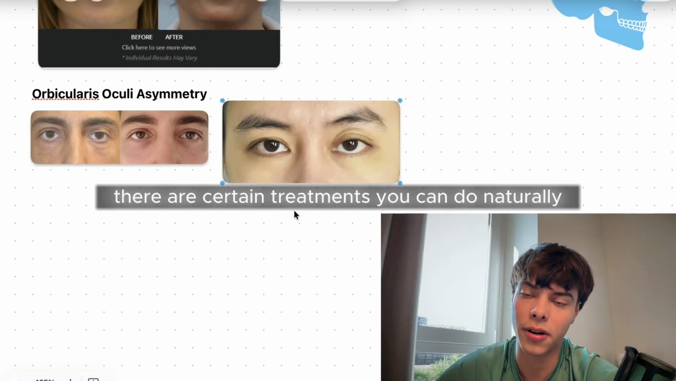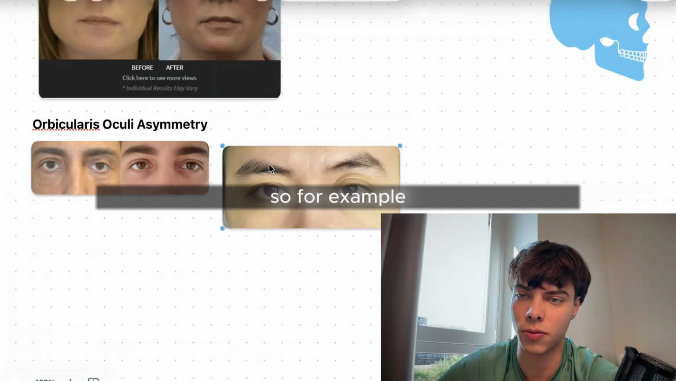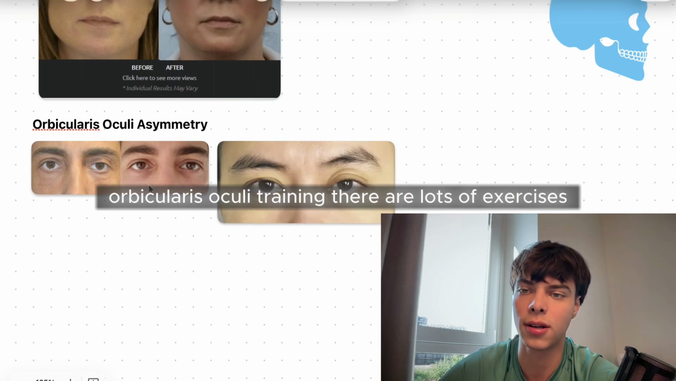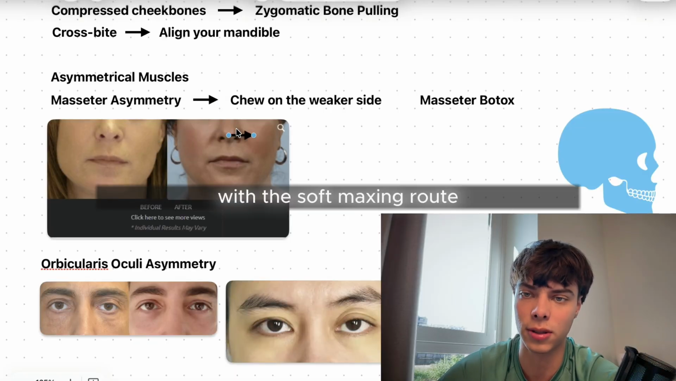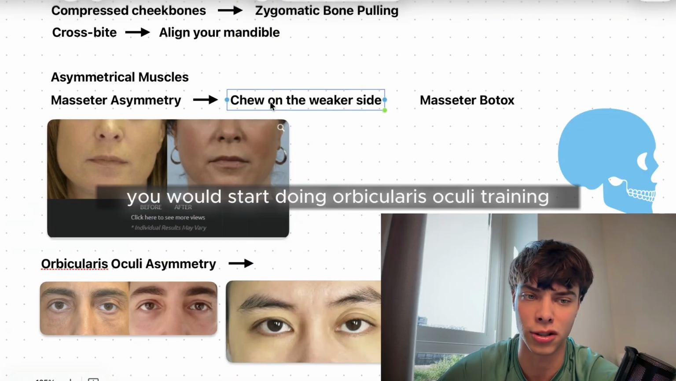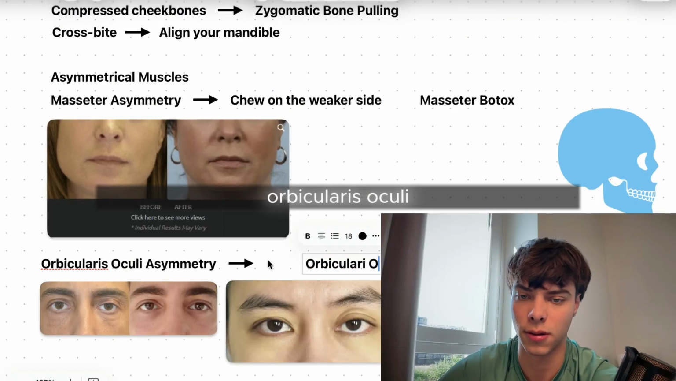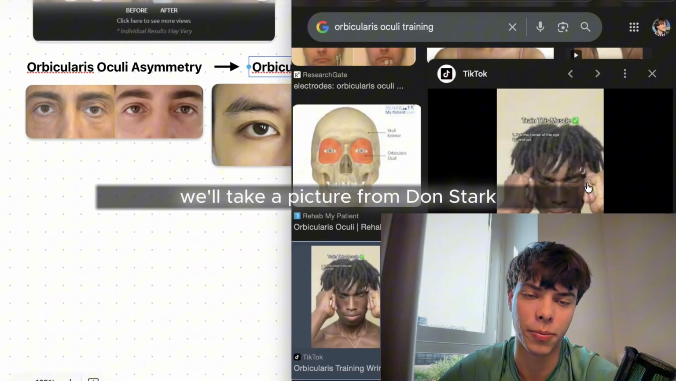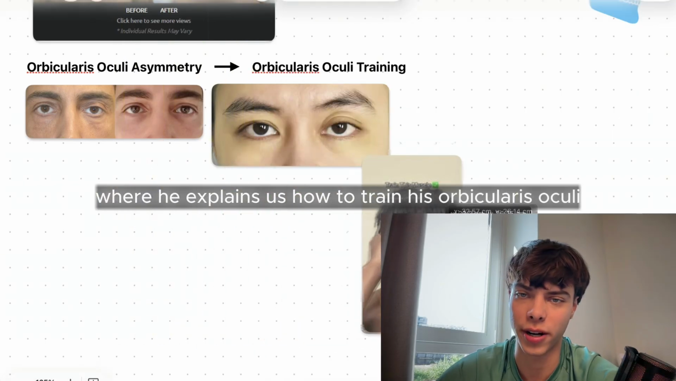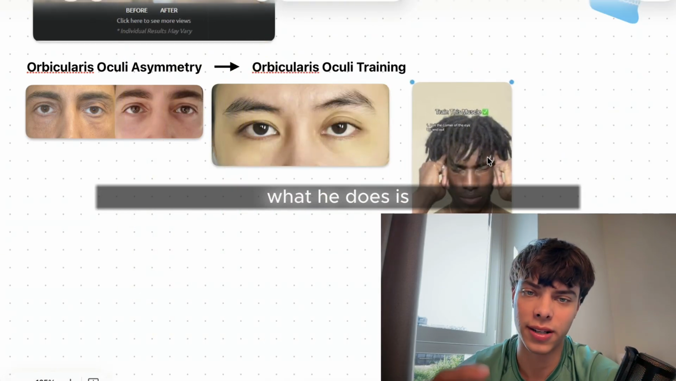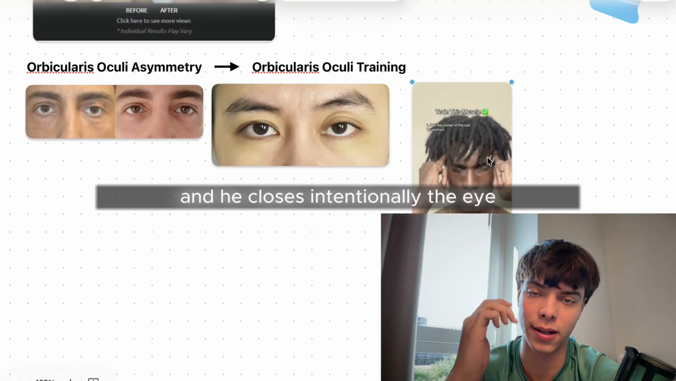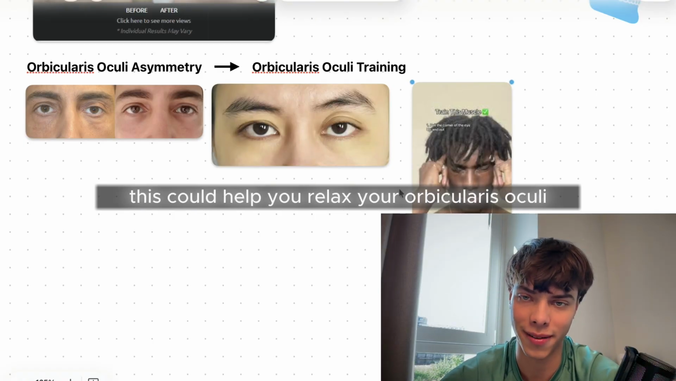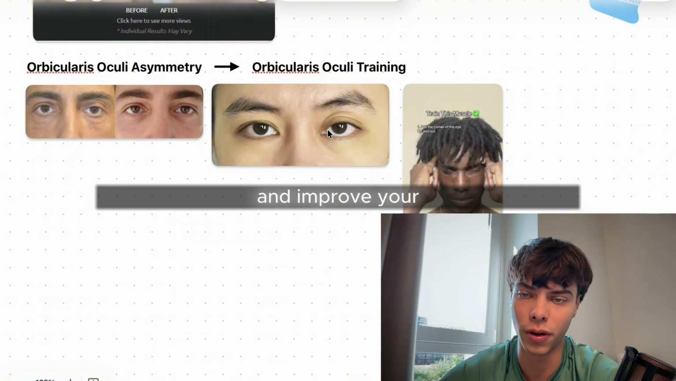For that, there are certain treatments you can do naturally. So, for example, orbicularis oculi training. There are lots of exercises. With the soft maxing route, you would start doing orbicularis oculi training. We'll take a picture from Don Stark, where he explains how to train his orbicularis oculi. What he does is he gently pulls this part of his orbicularis outward and intentionally closes the eye. This could help you relax your orbicularis oculi and improve your